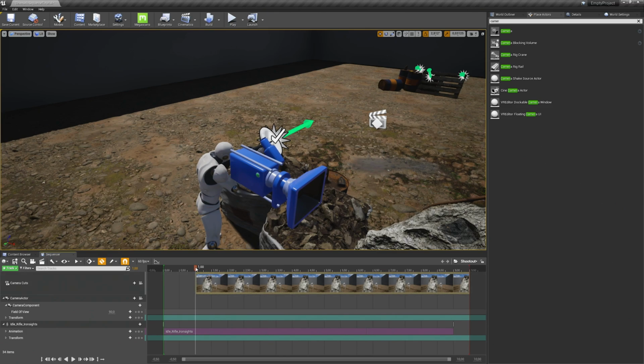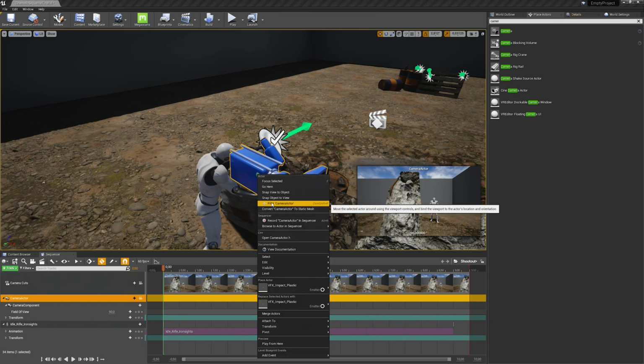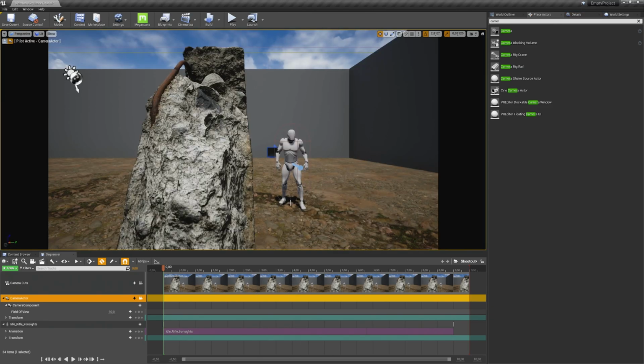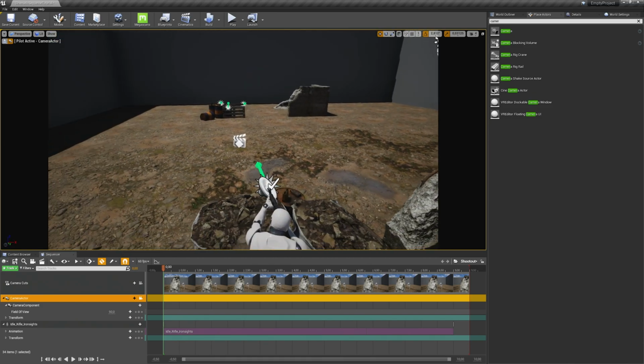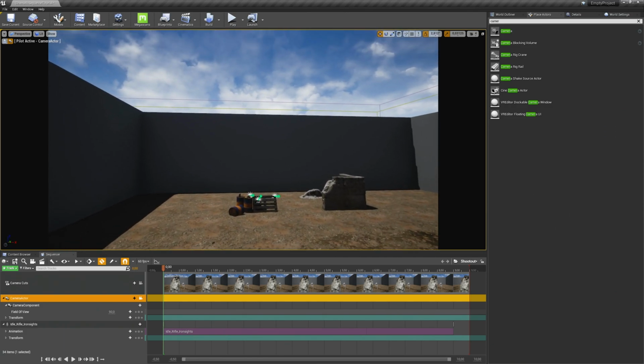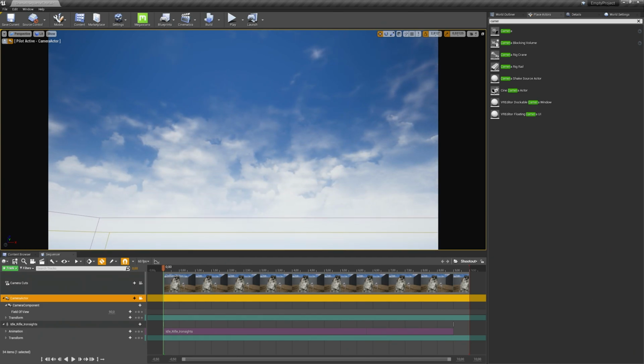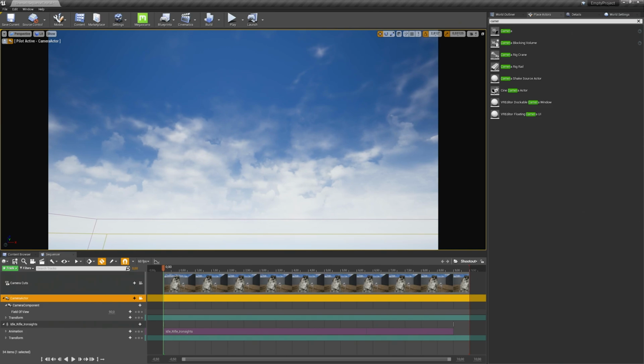For me it starts at 1 second, but I want to have it at 0 seconds here, so I just drag and drop the start of it to 0 seconds, and then we can already start animating it. What I do in my scenes to make life easier is to click on the camera, right click it and click on pilot camera actor, and then we have the direct view of the camera. So rotate it around like you want. I want to start it in the sky, so this will be our first keyframe here. So align it how you want, and then add a keyframe at this position.